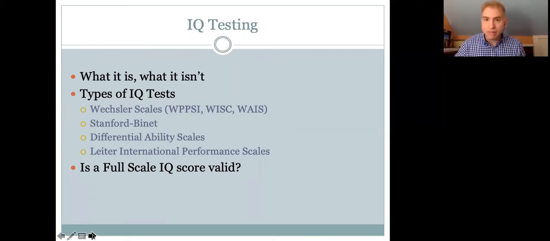Probably the most widely known and also controversial aspect of the test battery is the IQ test. So much could be said about this, but I'll try to keep it brief. What it is, what it isn't. IQ tests, as originally developed over 100 years ago, were really intended to identify kids who needed additional help in school. And the basic insight that guided that development, which was originally in France, was that once a child falls behind, once it becomes obvious to everybody that that child is behind, it can be pretty hard to dig